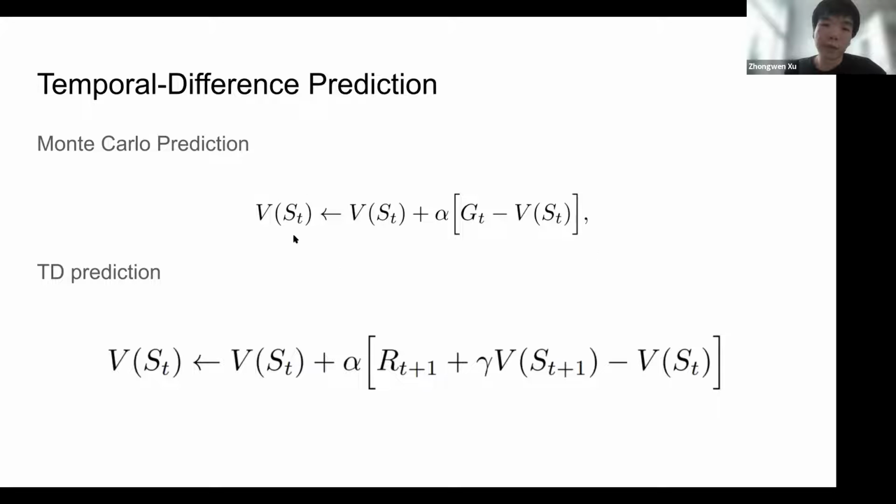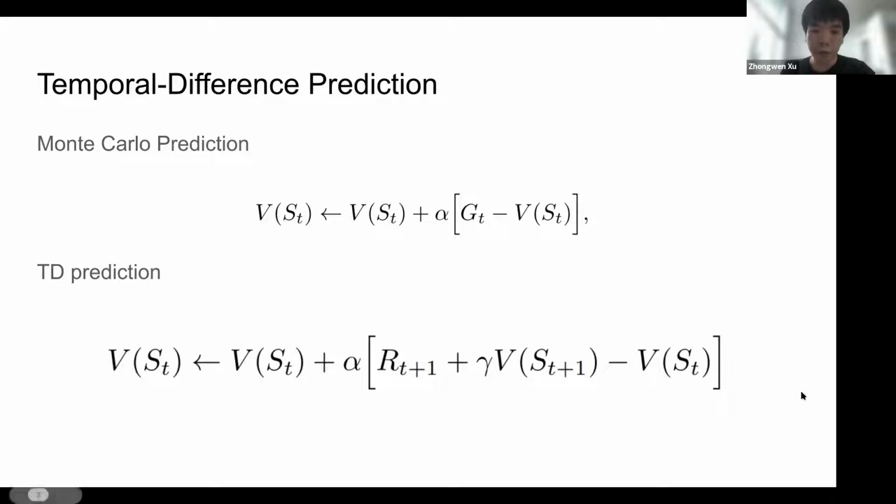So the key of the Monte Carlo method is that, starting from the current time step, we sample the future interaction between the agent and the environment, collect all of the rewards in between, and then obtain this actual return, and use it for learning the values. Instead, in temporal difference prediction, as we will see later why it is called this name,